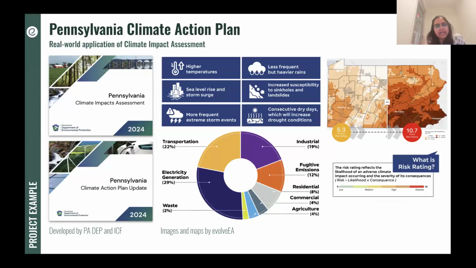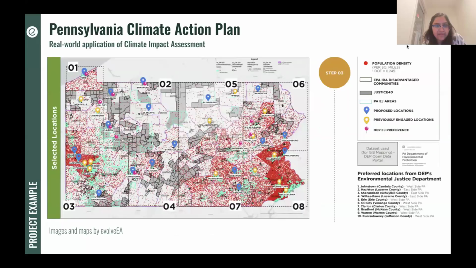So we are not only looking at emissions data, we are layering it up with an assessment of observed, projected, and future natural hazards for climate resilience. So these are often visualized through a mapping exercise, which leads to a hazard risk rating based on exposure, sensitivity, adaptive capacity, and vulnerability. So in the next slide, you can see that as engagement specialists on this project, we started identifying geographic areas vulnerable to these hazards and populations